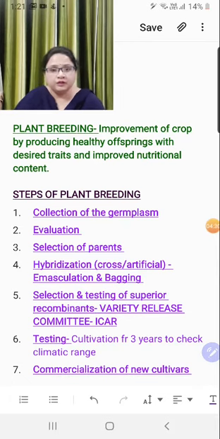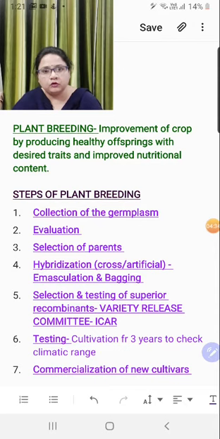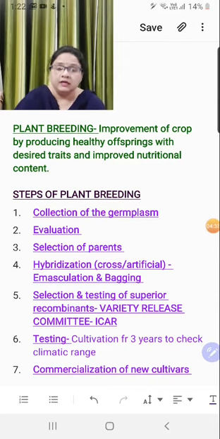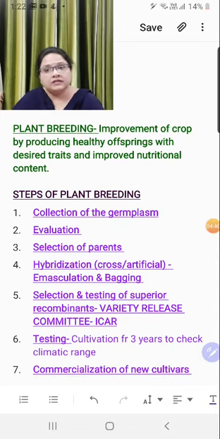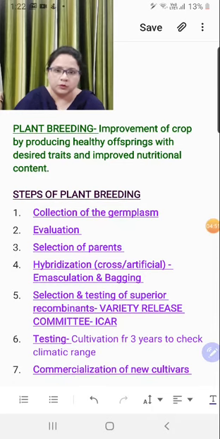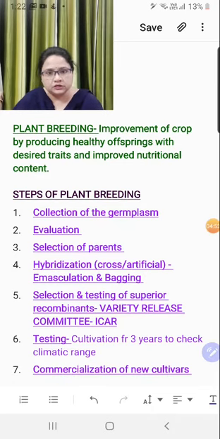Emasculation is when the female plant is made devoid of all the stamens. All the stamens are removed by the forceps artificially, and then the stigma is introduced with the pollen of the desired trait and bagged up. Why do you bag up? So that the stigma does not have any contamination with any external, unwanted pollen. This is hybridization.